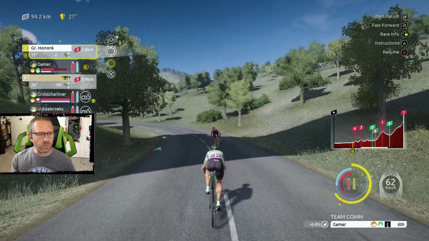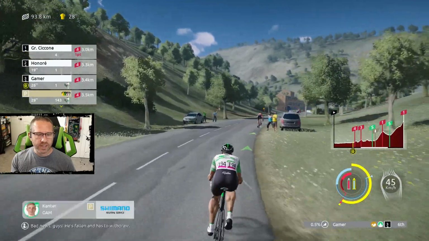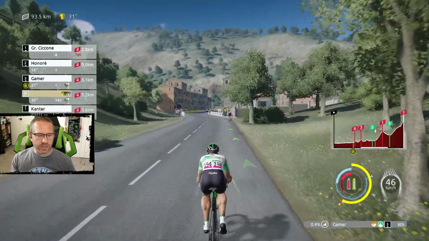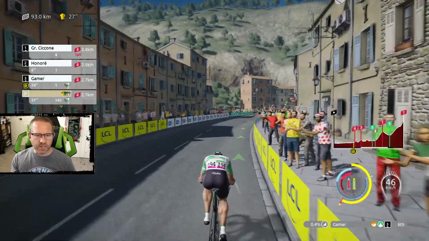Oh, why would I sit up? They attacked me. I got attacked. And Honore. Bad news, guys. He's fallen and has to withdraw. Oh, Cantor. Cantor is going to be out of this race here. Yeah, you don't need him on a stage like this, but